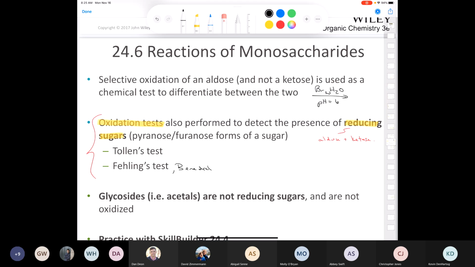I'm going to go in and edit my slides because Benedict's test is important. Now, if you're wondering, what are you talking about here, Mr. Dion? What's this whole test thing that you're talking about? Okay. So back in the day, long time ago, before you and I were ever born, before chemists had